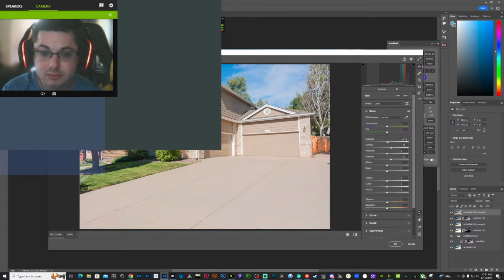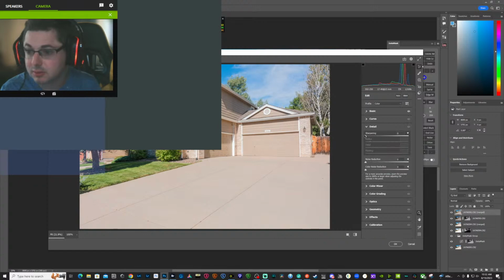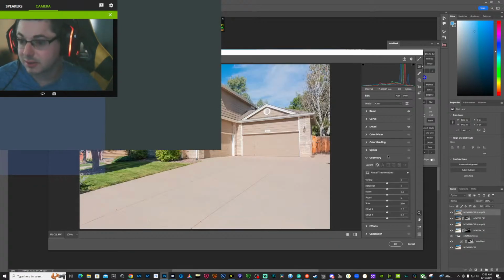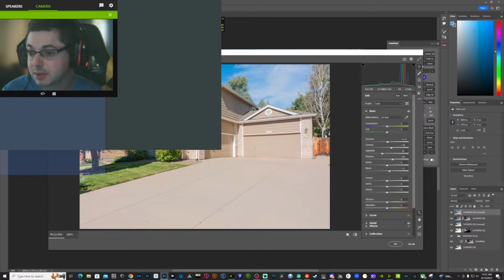A little bit of shadows. A little bit of blacks. Down the highlights just a little bit. Darkening. Straightening.